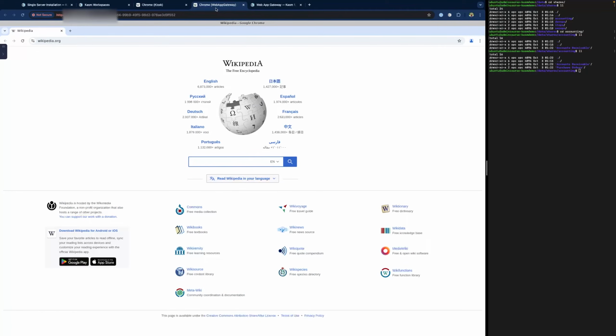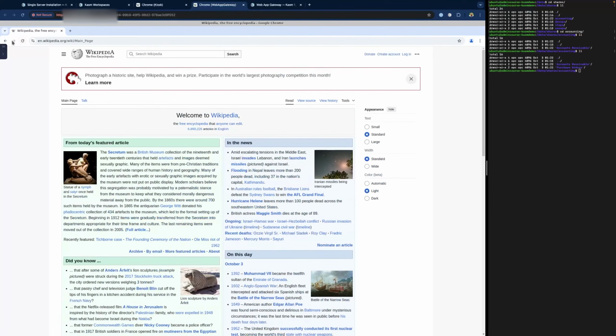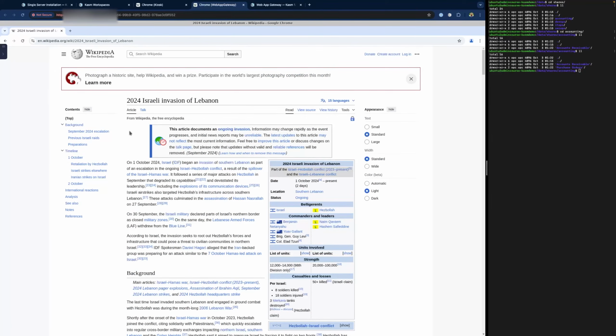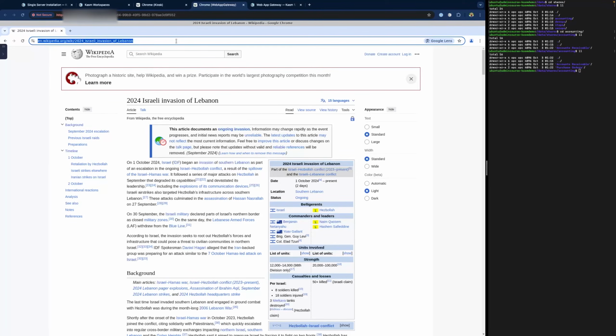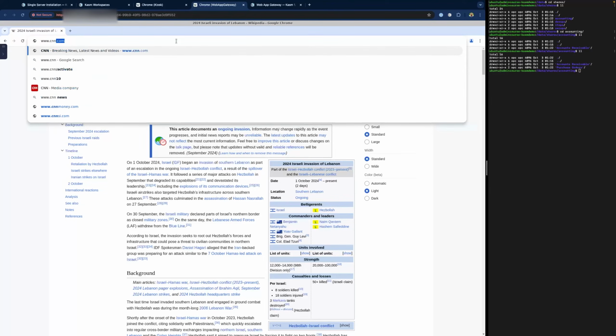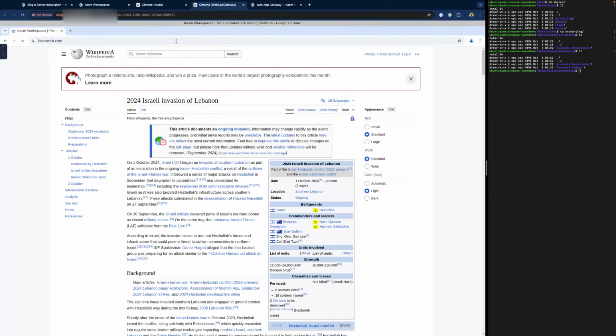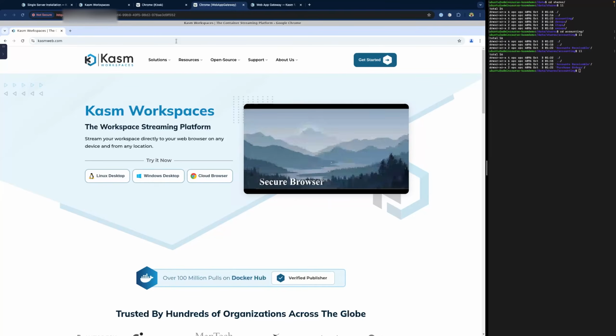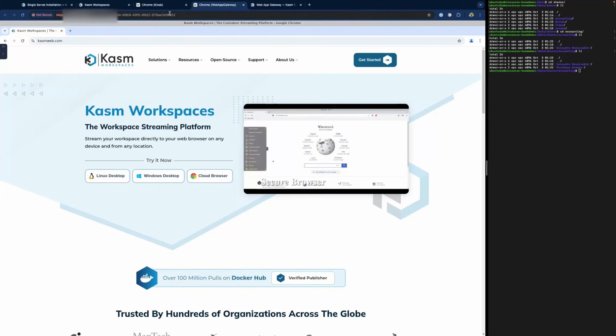So our Chrome Web App Gateway essentially gives you that browser feel. From here, I can click on here, and then I have the back button available to me. Interact with this website as you would a standard website. Again, I have the full browser functionality here, and I also have the ability to exit this site. And I could go to, let's go to chasmweb.com, and then we're able to go to a different location.